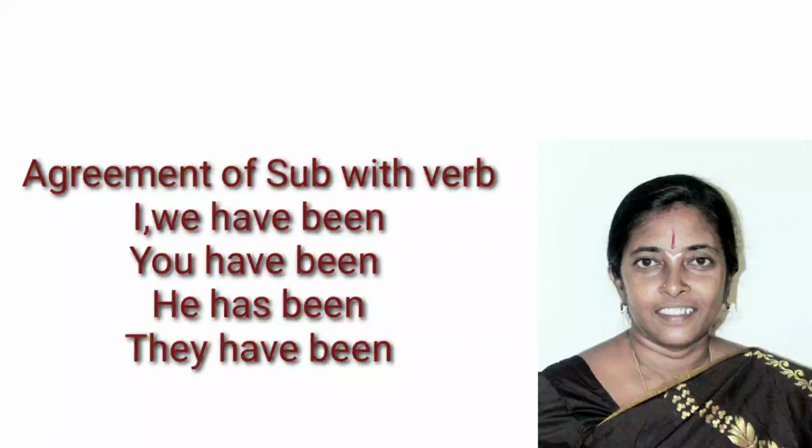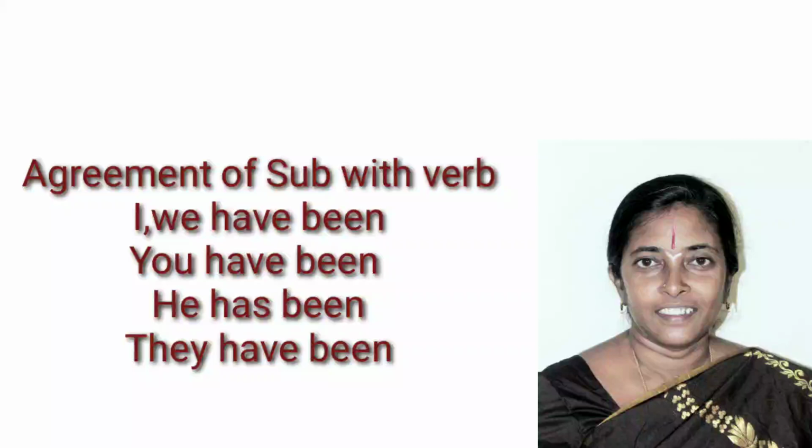So what do you observe here? If the subject happens to be third person singular, then only we have to use has. Otherwise we have to use have while framing sentences even in present perfect continuous tense. If you are talking about proper nouns also, when we are talking about only one person, then we use has. For example, Kishore has been singing for an hour. So in that way we have to use.